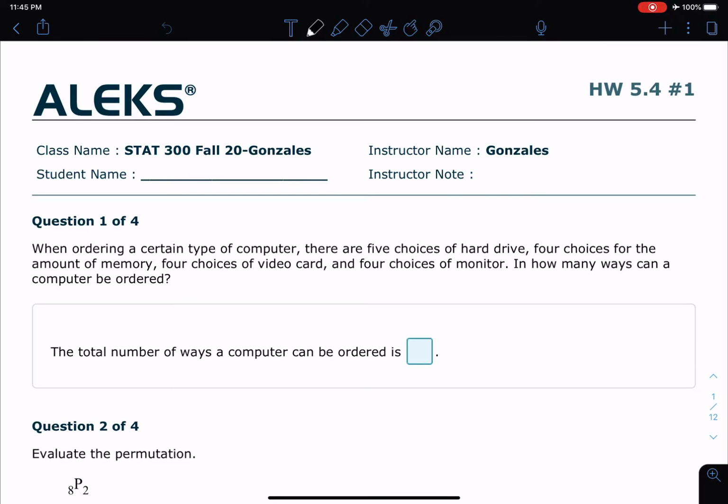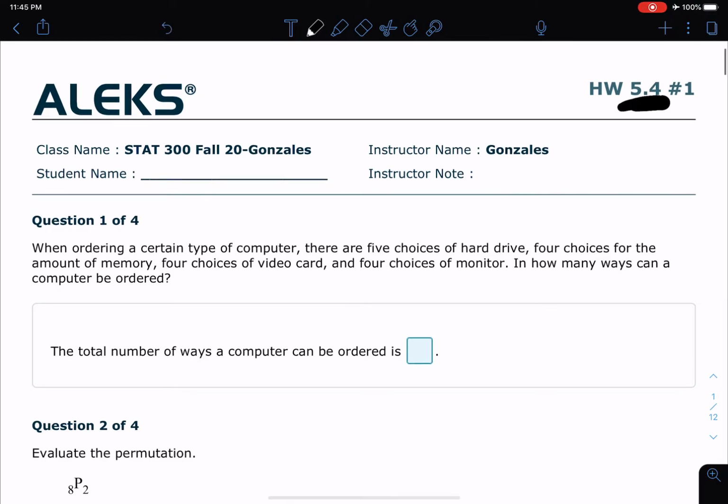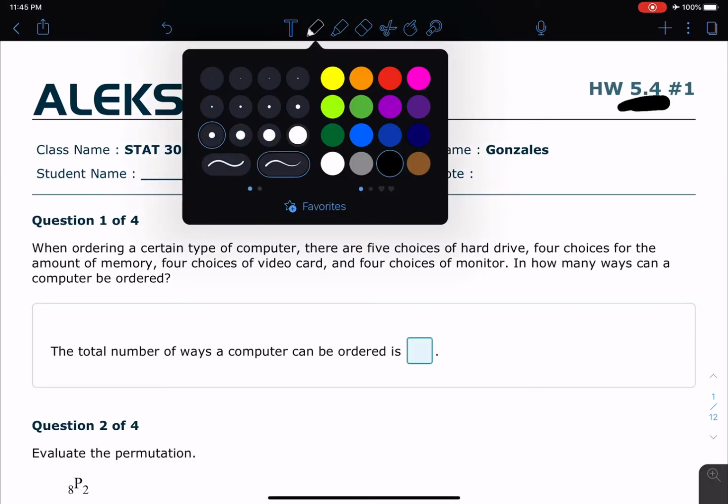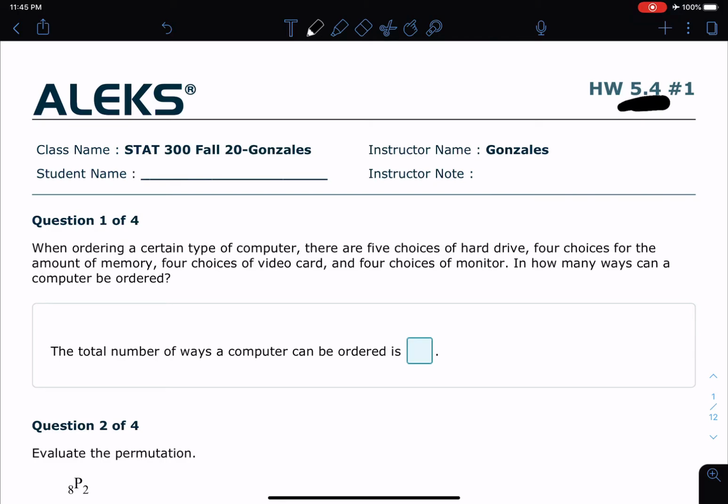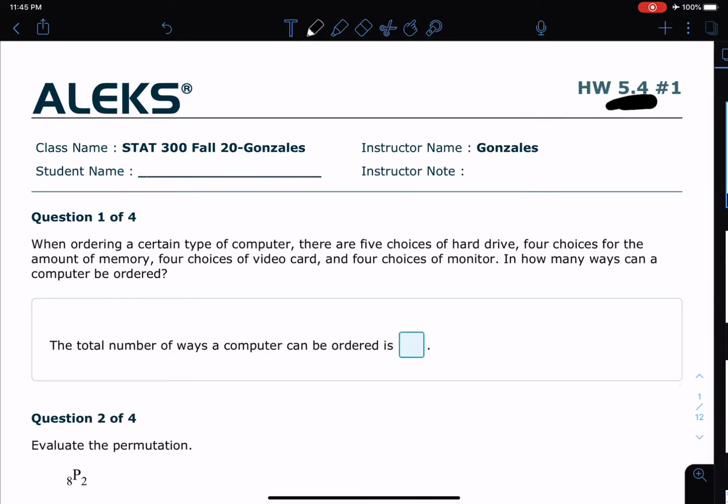This is the assignment site of ALEKS. This is 5.4, and that is clearly too large of a pen point size. But before we do these problems, there's only four on the assignment site of ALEKS. Before we do that, I would like to go to